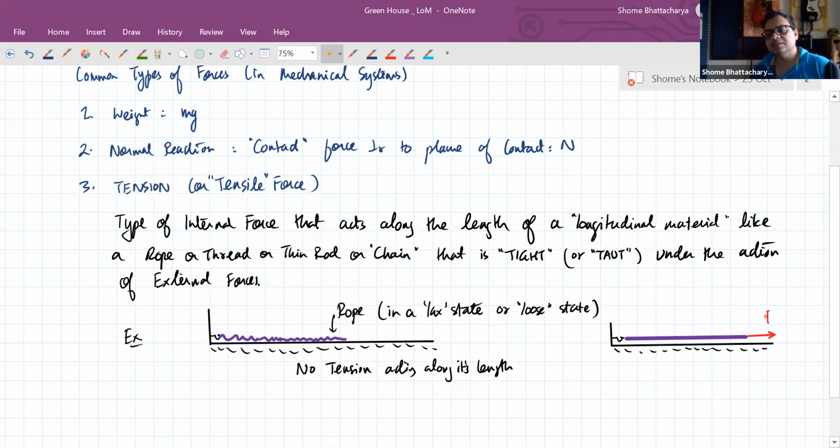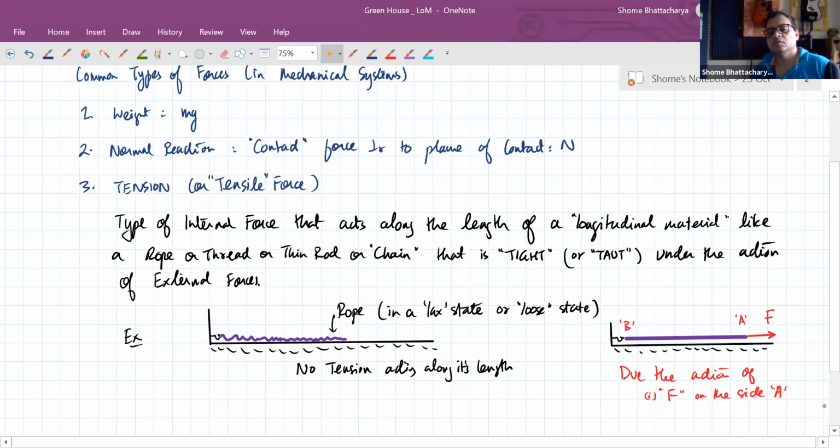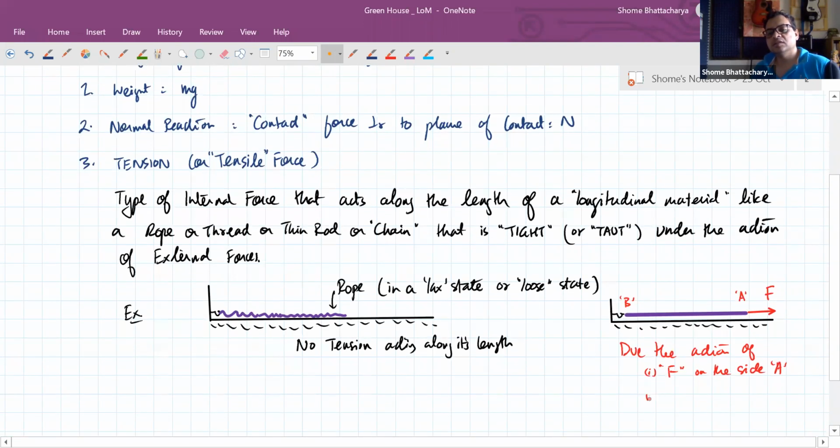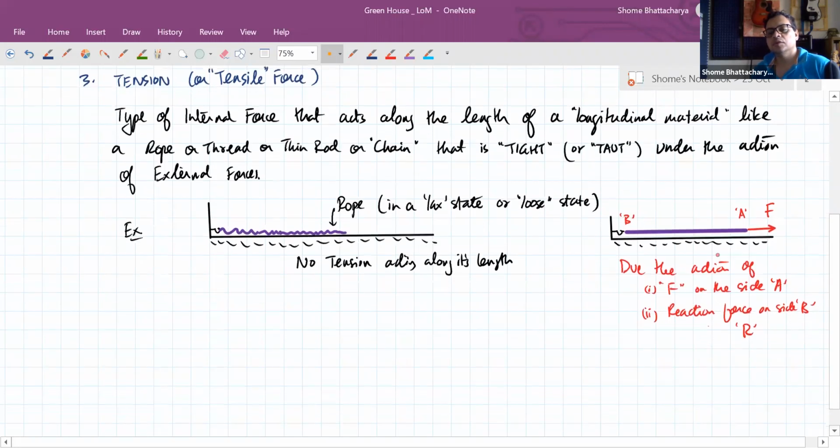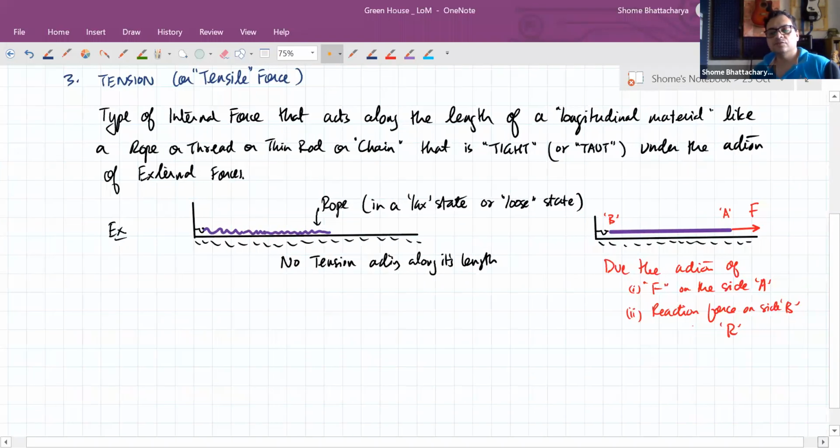So the moment we apply this external force, due to the action of, first of all, force F on side A, let's say, of the rope, and on the other side there is a reaction force on side B. Let's say that reaction force is R. So the moment we apply some kind of external force,